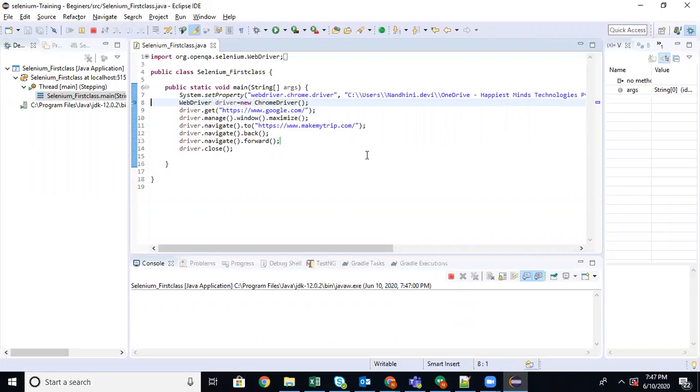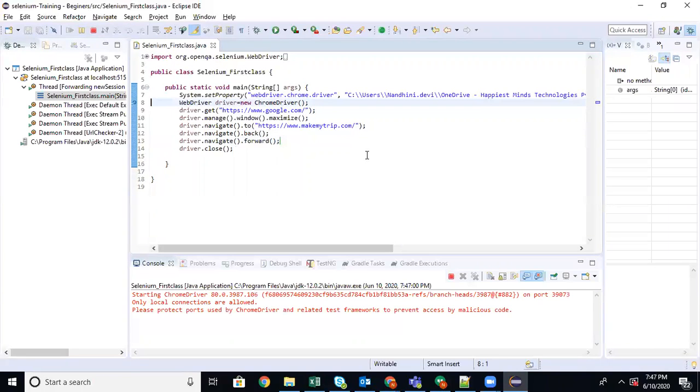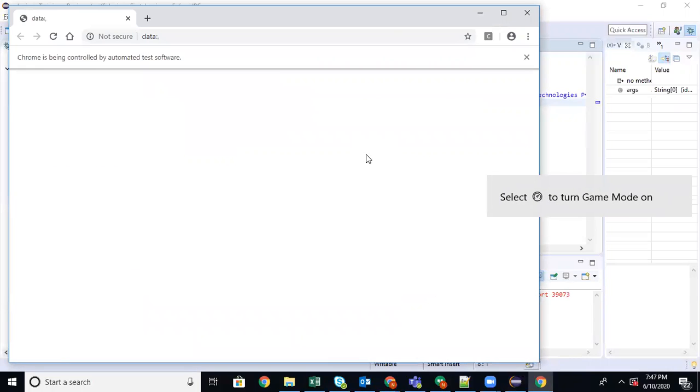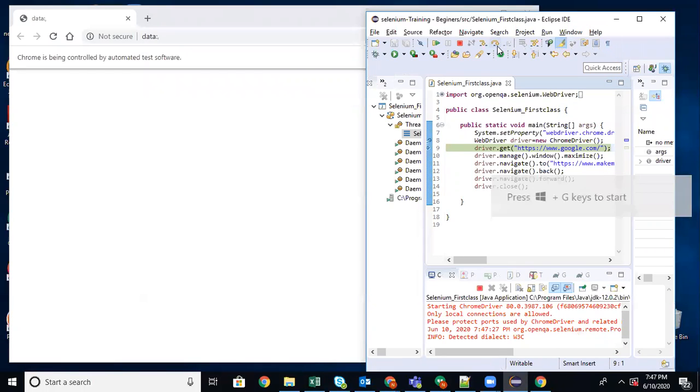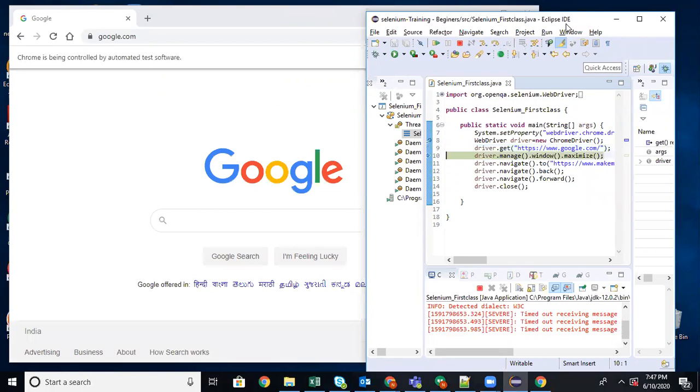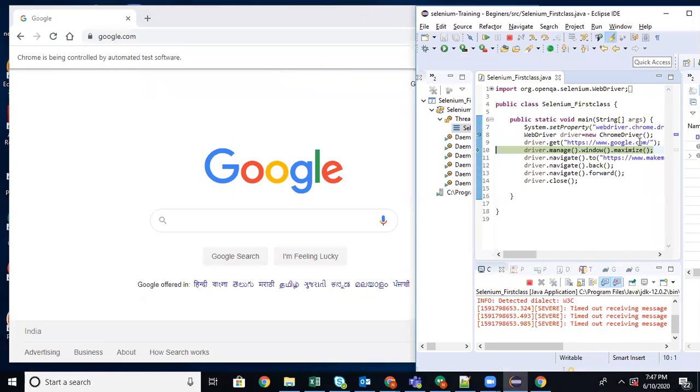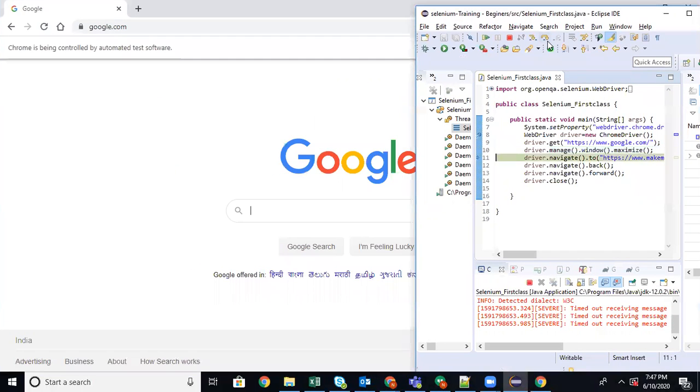Launching the browser. Invoking, launching the URL, maximizing the browser.